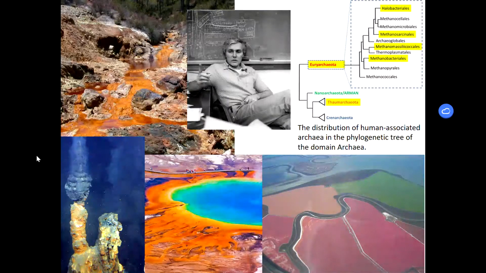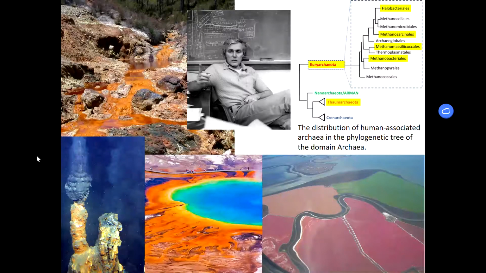So these are just some pictures of different types of environments that archaea has found. This river is not supposed to be this orange color. This river is normally just regular water, but what happened is it became contaminated from coal mining. And so this river is now what is called acid mine drainage. Drainage coming from the mine has made this river very, very acidic, and the only organisms that can live there are extremophiles, including acid-tolerant archaea, and that's one of the reasons why it's this rust color.